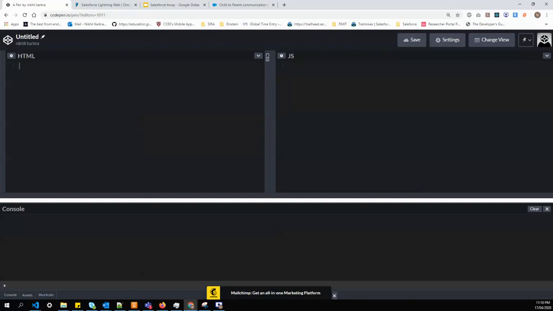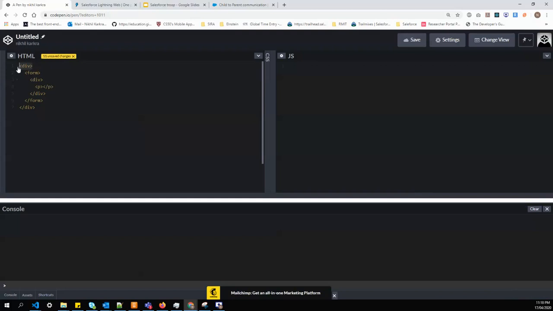First I'll create one div, which is my parent. Within that I'll create a form. Form tag is the child of div. Within form I create a div again, and within that div I'll create one p tag.